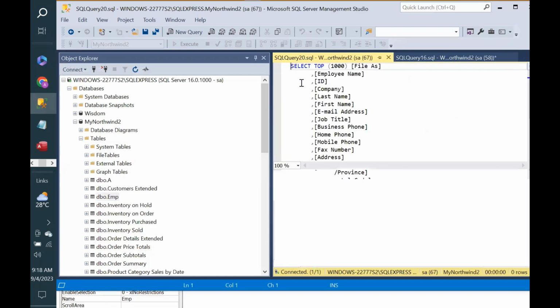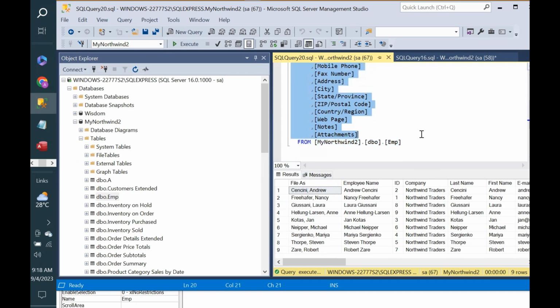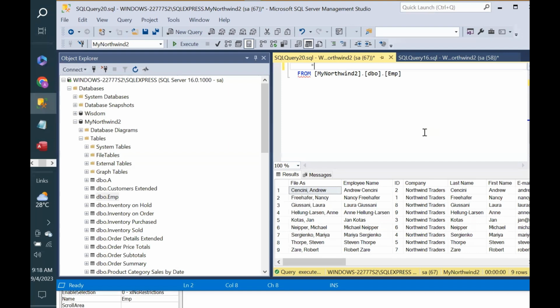We can select the top 9 records. It is written 1,000, but there are only 9 records. We showed you that you can remove this if you find it unnecessary, and replace it with the star, so you display all the columns from this table. Then you execute by F5. This will still show you the same command, and this is the command which we